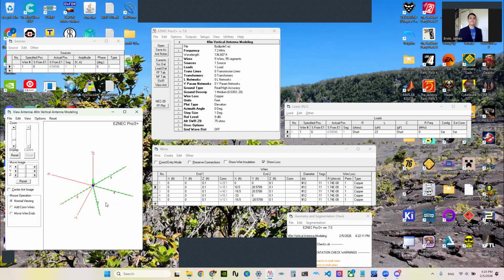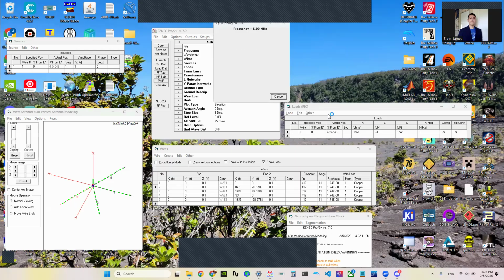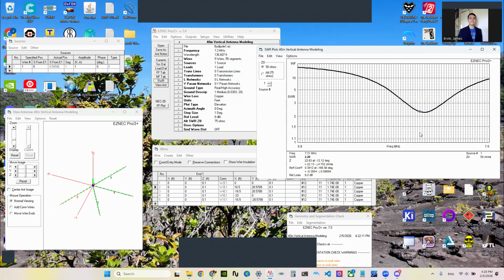Okay, cool. Well, we're gonna do some tuning on our side. So once y'all are ready, y'all are gonna hit the SWR button and just run the sweep again. Okay, cool. So y'all should see that, once that thing is ready, we are starting to resonate this antenna. Most radios will put out full power at a 2 to 1, and under impedance, sometimes under a 3 to 1. So right now we see that our system is resonating about